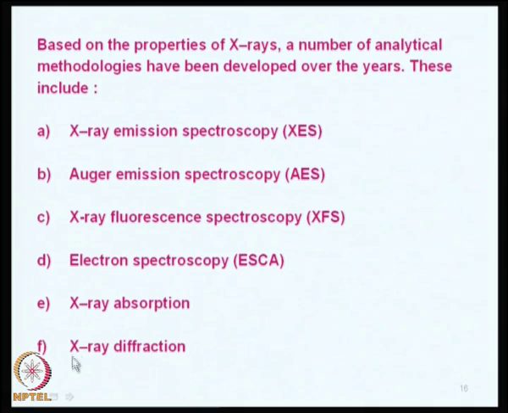That is, you can study the crystal structure of the substance, where the atoms are located. We are not going into details of each of these techniques, but we are going to concentrate only on the X-ray fluorescence technique, but this much of information is essential before we proceed into the